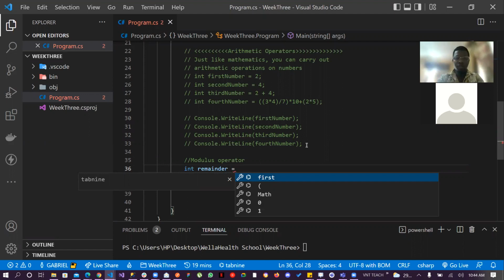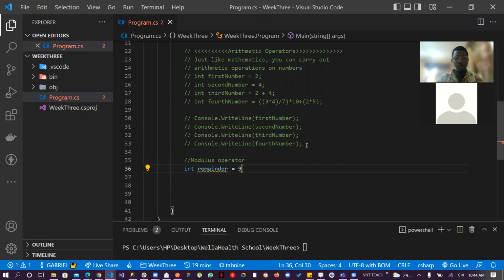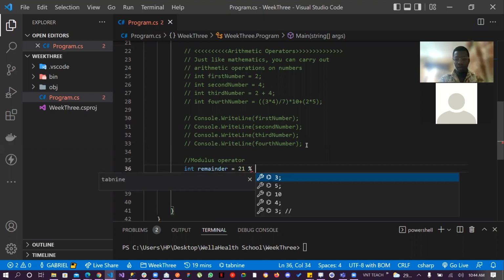So an example of this is 21 divided by 4. 21 divided by 4 should give you 5, remainder 1. Or 23 divided by 4 should give you 5, remainder 3. Right? So if you use modulus, and modulus is this percentage sign, right? If this calculation would give you 1 as the answer,